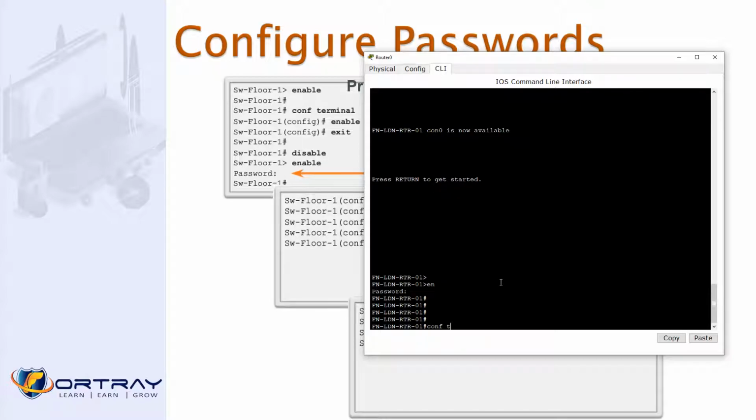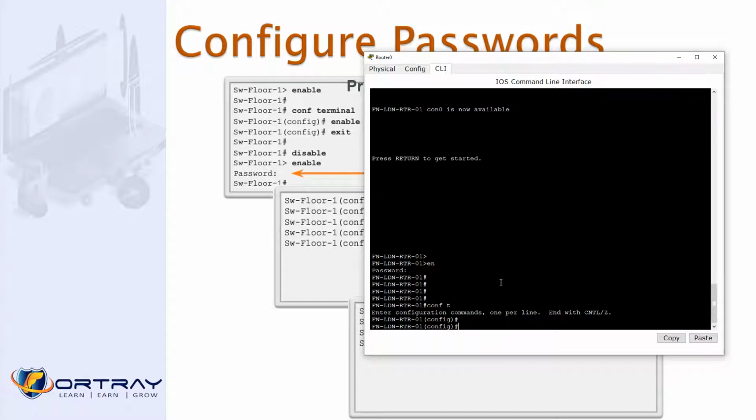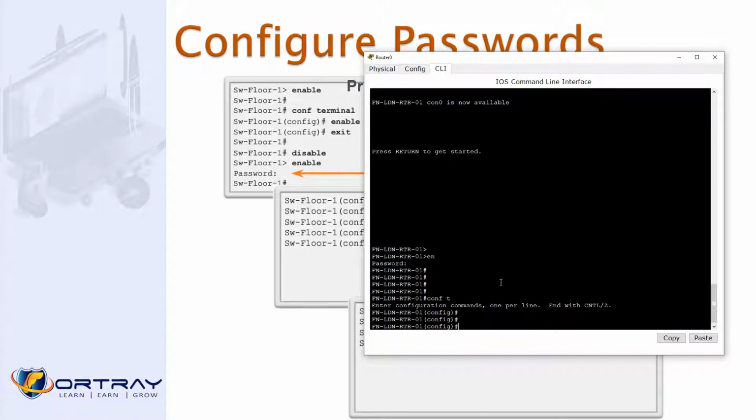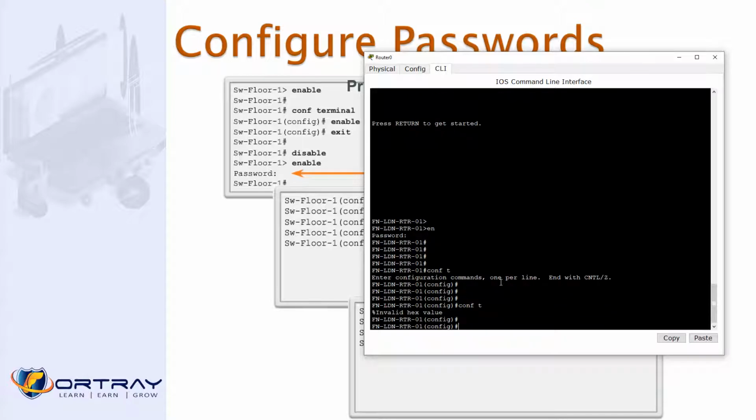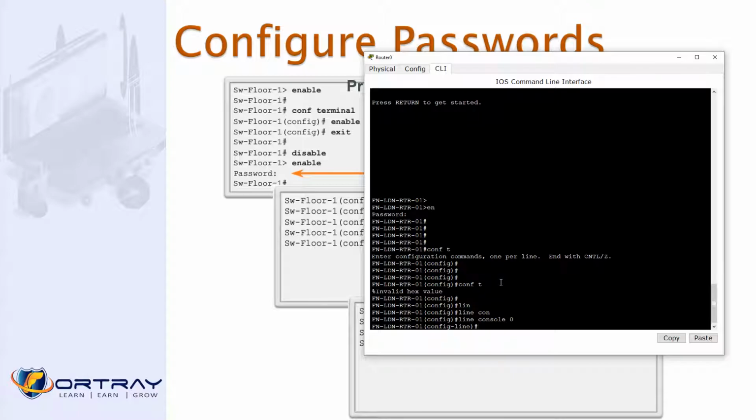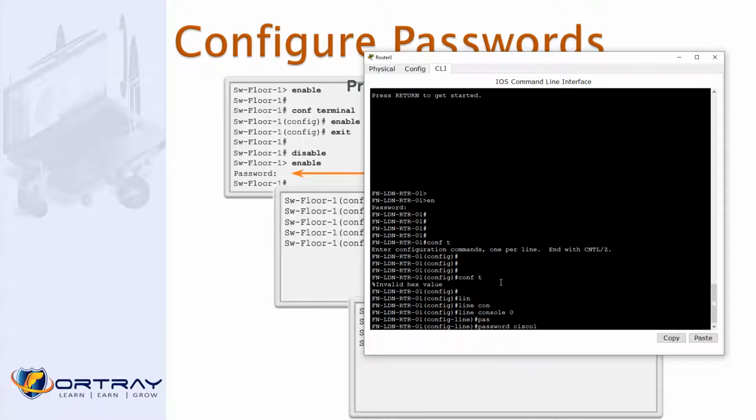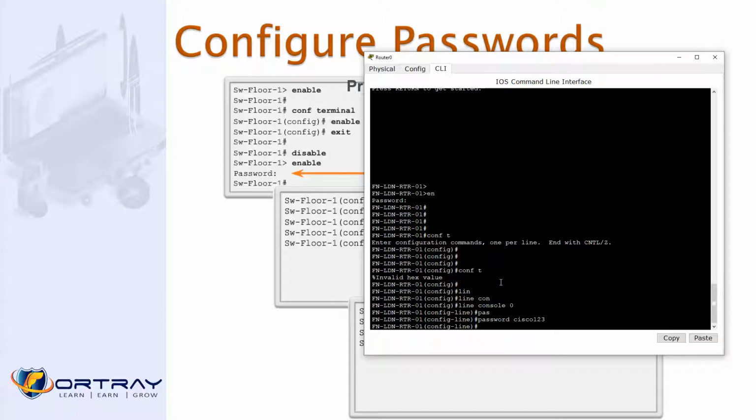Secondly, it is also a security hazard if somebody just goes physically to the device, connects to the console and can do anything, right? So basically a better thing is config, you can see line console 0, password Cisco 123. So at least I'm just configuring some part, because if somebody has console access, he can do anything.